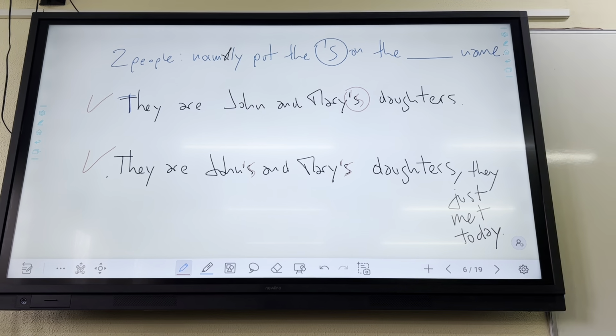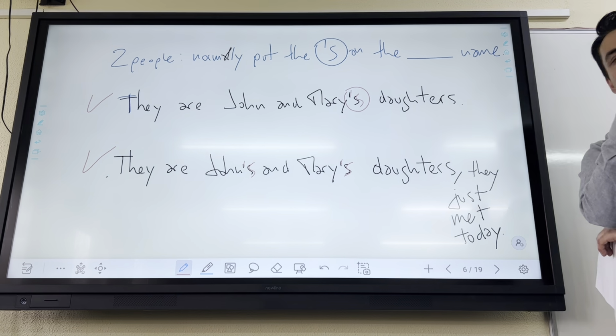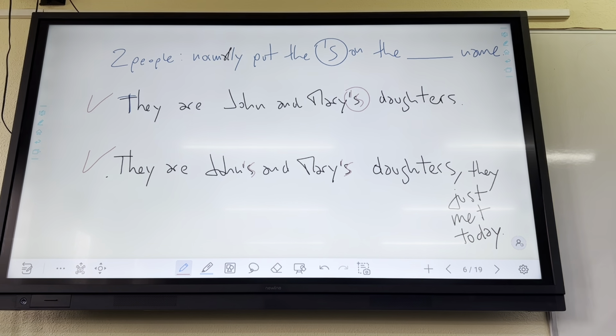Because they are married in the first one and the second one they are not. Very good. Explain a little bit more. Yeah, sort of. You're on the right track, but not exactly. It's not necessarily about marriage. But I would say that in the first case they're married, or maybe not. Maybe they're divorced, but they had a daughter. They have some daughters together. You know what I mean? It's just that the daughters are all married, and in the second one,